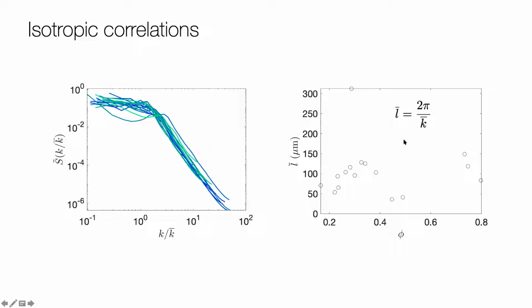But one thing we can do is compare what this first moment of the structure factor is telling us by turning it into a length scale. So a wave vector is 1 over a length, so 2π over that should be an actual length. And this is going to be something like a correlation length. So I'm just going to sort this by the packing fraction of the sample from which I attained the correlation length. And we don't see a trend or anything,